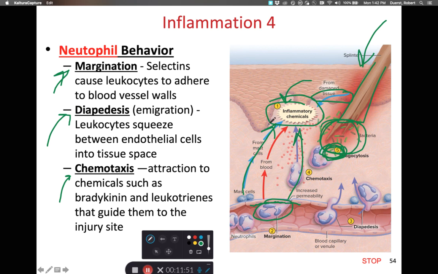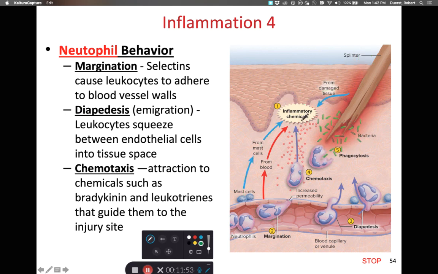So here we have a site of, let me clear the screen for us, it's getting kind of messy. So we have a site of injury. And at this site of injury, we're going to release some little tiny red inflammatory chemicals. These could be a leukotriene, they could be a bradykinin. These are just inflammatory chemicals that are shouting out and saying, hey, neutrophils, get the heck over here. I need a neutrophil. I have some bacteria invading and some tissue damage.